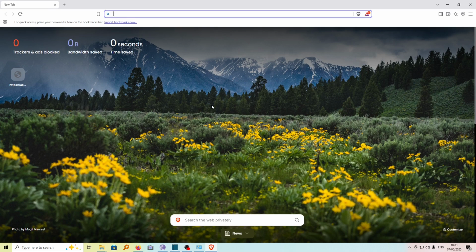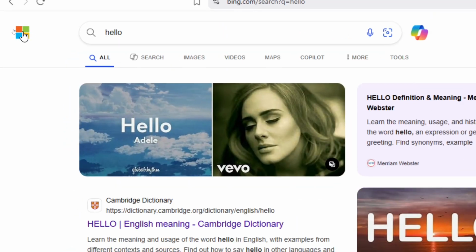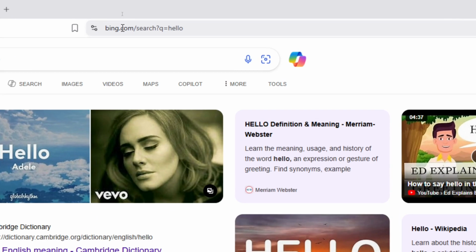In this tutorial, I'm going to show you how you can change your search engine on Brave from Bing to Google. Currently, as you can see, if I search anything, I'm searching using Bing, and I'd like to switch my